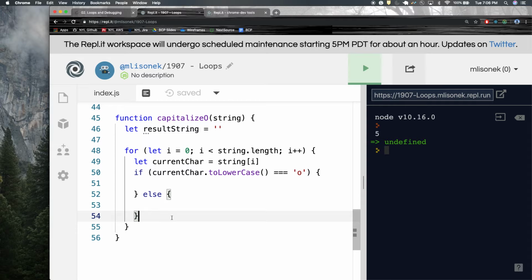Okay? So I'm doing this here because whatever that character is, I'm just going to make it lowercase. And I'm going to check if it is a lowercase o, because a lowercase o is not equal to an uppercase o. They're different characters. They have different values. Okay? So, if this is true,